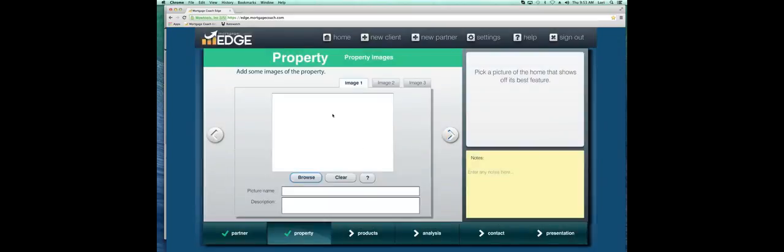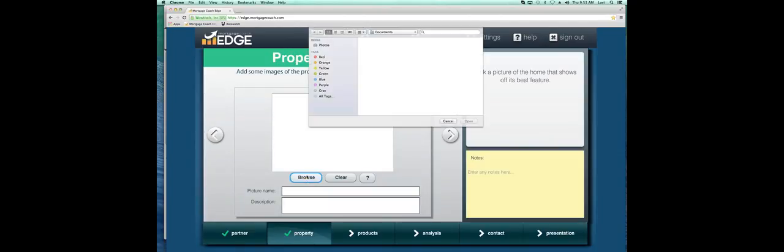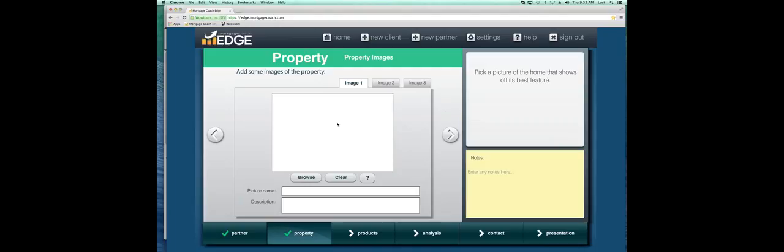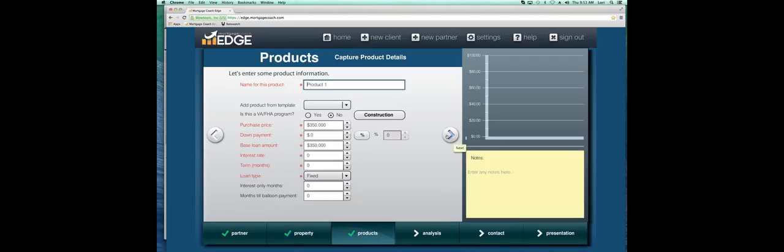So when you move on, you would have the image of your house. You would go ahead and just browse, get that image, and then bring it up and load it down here. Then when you advance the screen, you come to the product. So this is what I want to show you to understand how easy it is when you start using these templates. So if I type in FHA 3.5% down,